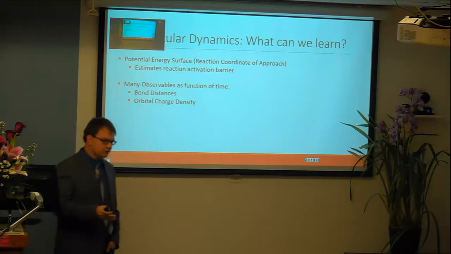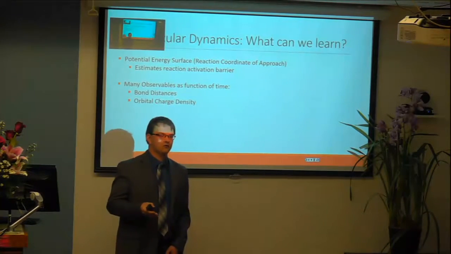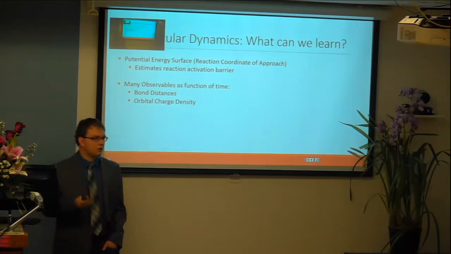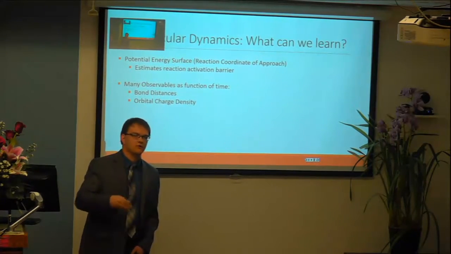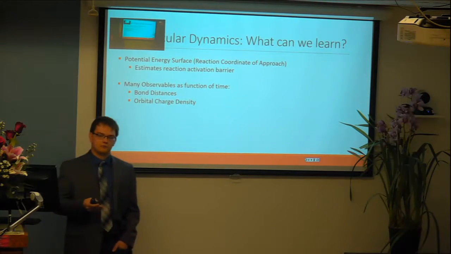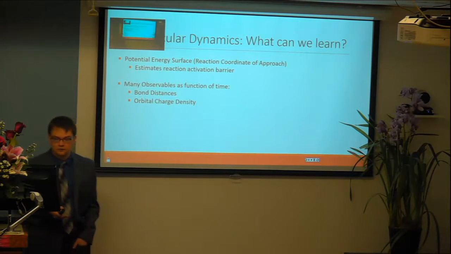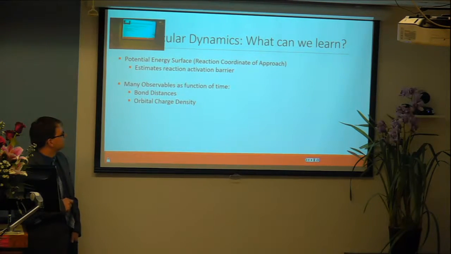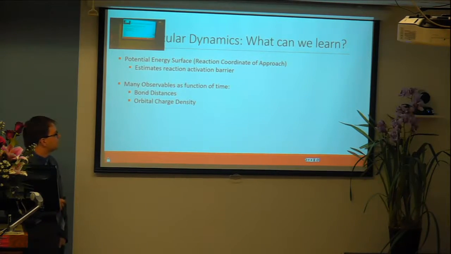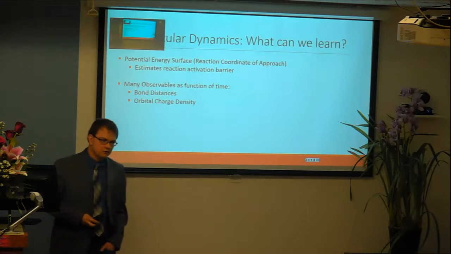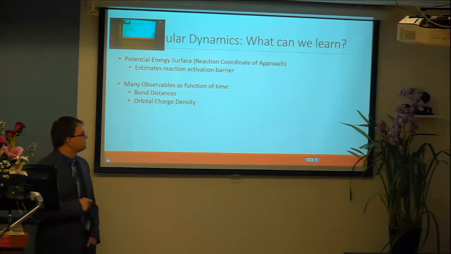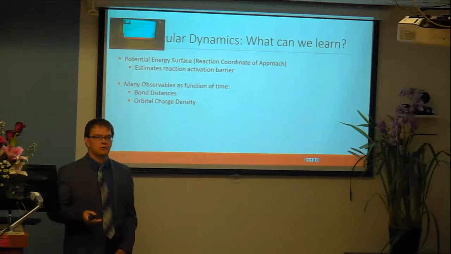But more interestingly, we can run dynamics to shoot a chloride ion at the iron, say at different angles, at different velocities, to simulate how this reaction might progress in nature. The potential energy surface, of course, is very complex, but by picking a vector approach and choosing different velocities, you can kind of estimate the activation barrier for this reaction to occur